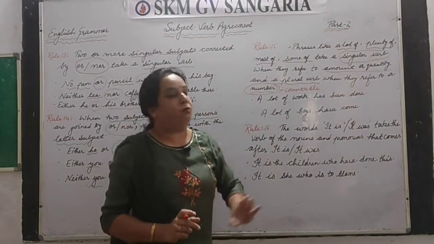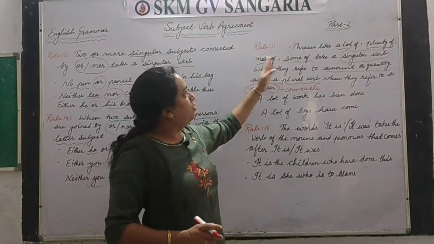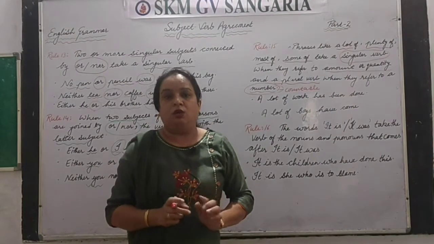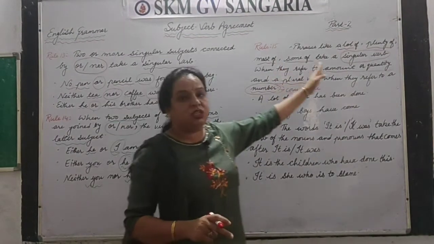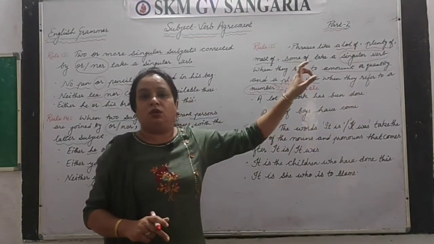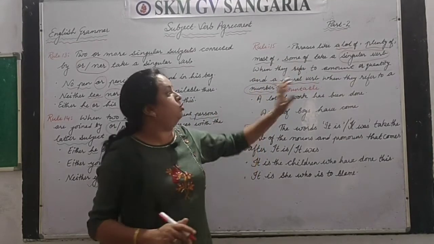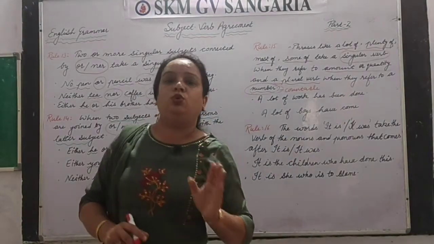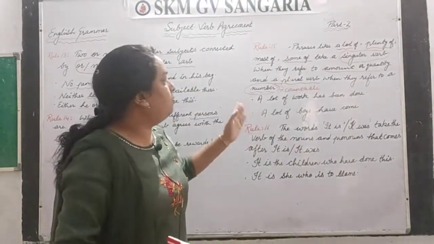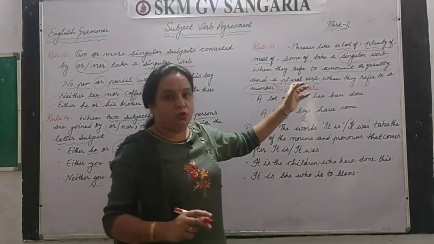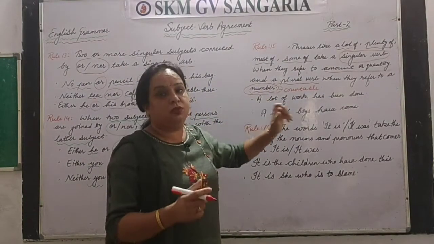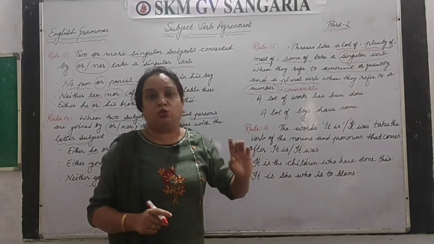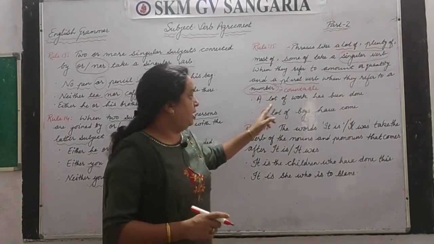This you have to keep in mind when the words like most of, some of, a lot of, plenty of is given to you. Clear? Once again I am repeating, when these phrases are given to you and the noun given to you, the subject given to you is uncountable, then in that case you have to use singular verb. And plural verb you have to use when the subject is countable. Okay, this is very important, please keep this in mind.